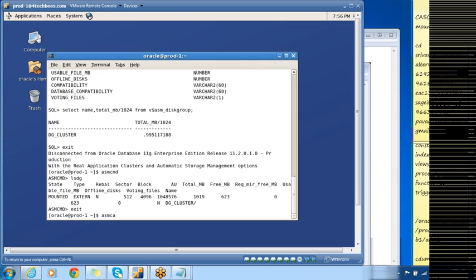Using ASMCA, which stands for ASM Configuration Assistant. Using this utility, we can configure or we can create ASM disk groups.